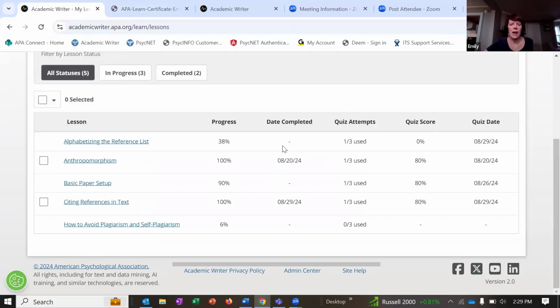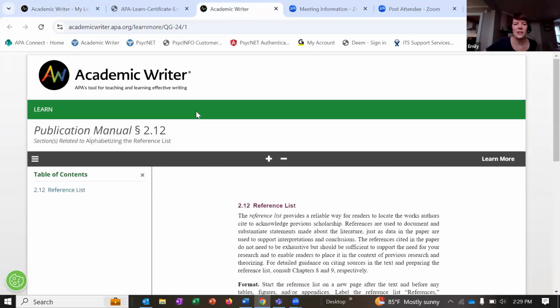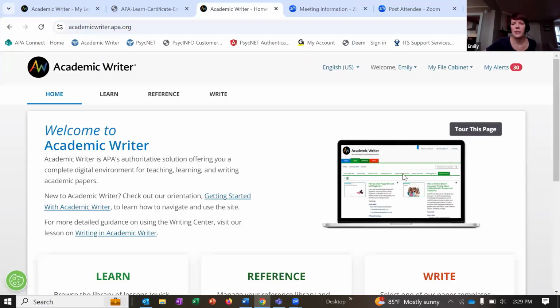So then we're back to this tracking page. We have the date that the lesson was completed, and we can also see how many quiz attempts we have. With these, I've only used 1 out of 3. If you do meet that limit, 3 out of 3 used, and you really need to retake it, tell students not to panic, they can contact our support page. I can point that out real quick, just as a quick refresher.